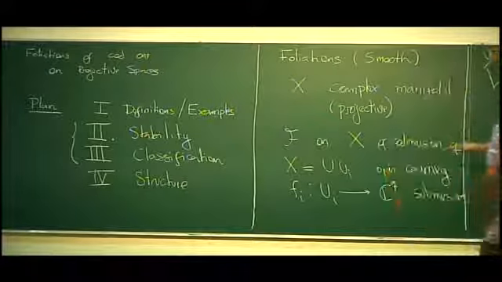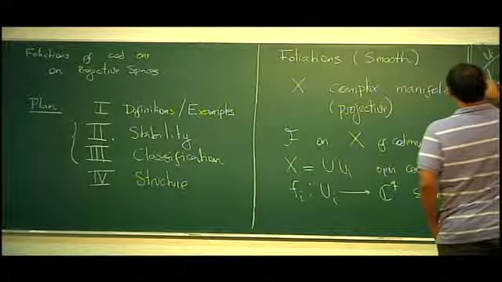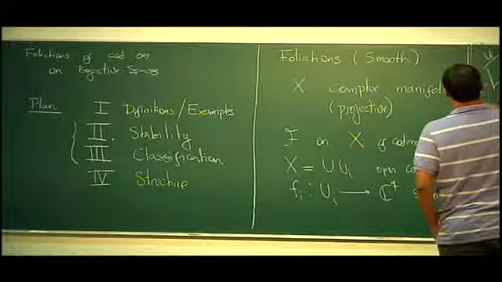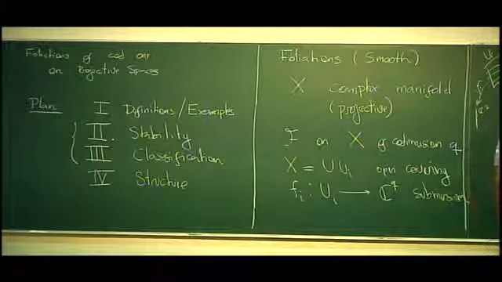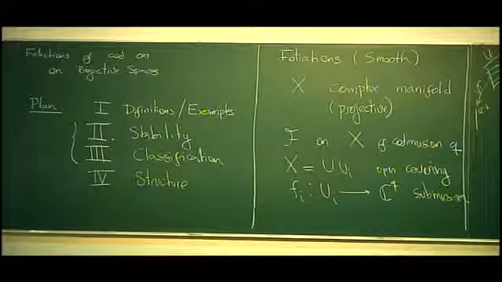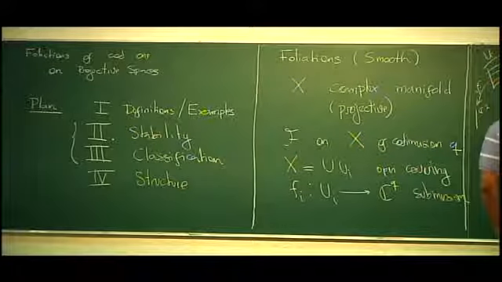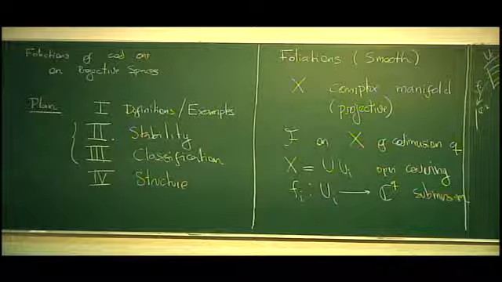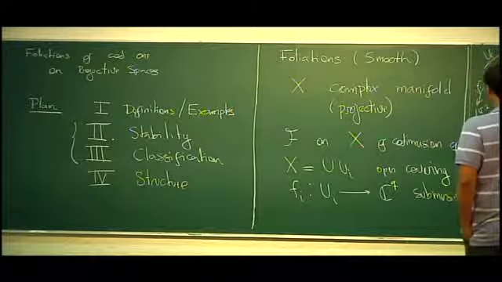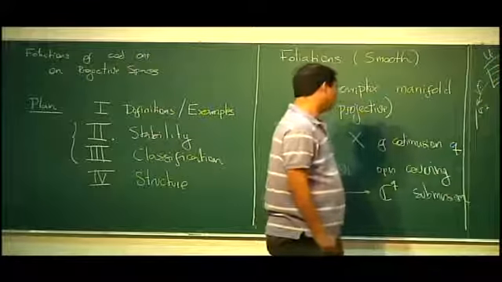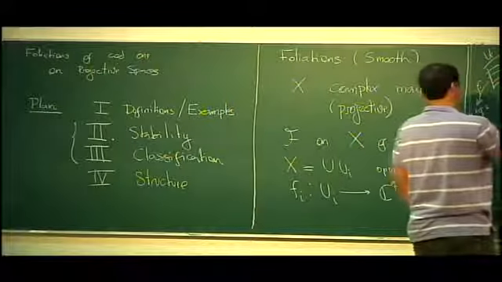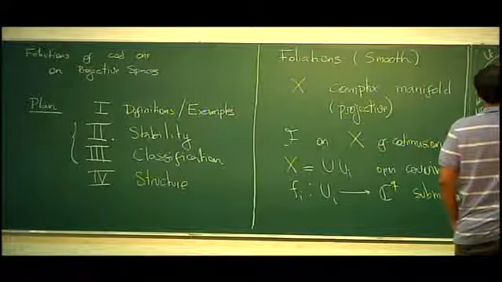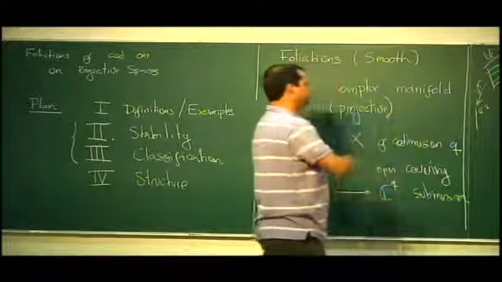And so at the open set U_i, we can look at the level sets of these submersions. And we can compare these level sets with the level sets of another submersion on intersecting open subsets. And we impose that this collection of submersions is coherent in the sense that the level sets coincide, and this is the same thing as saying that I have some local diffeomorphism from the images